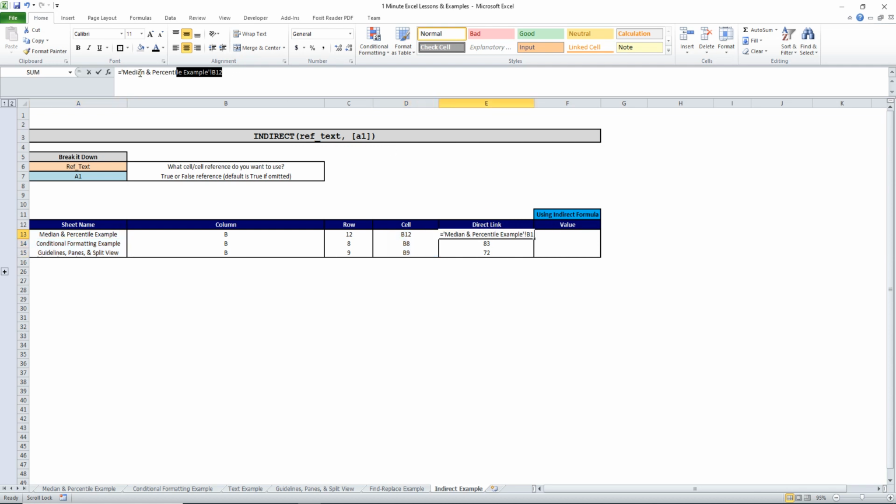So if I wanted to pull from a cell on another sheet, I just say equals, I went to the sheet, I selected the cell I wanted, and the formula always looks the same. It's basically a single quote, the sheet name, another single quote, and an exclamation point, and then the specific cell where the data is. So we're just going to mimic that using the indirect formula. And we're going to say equals, indirect,